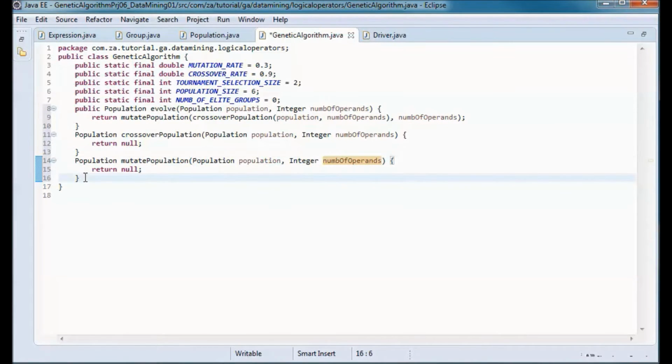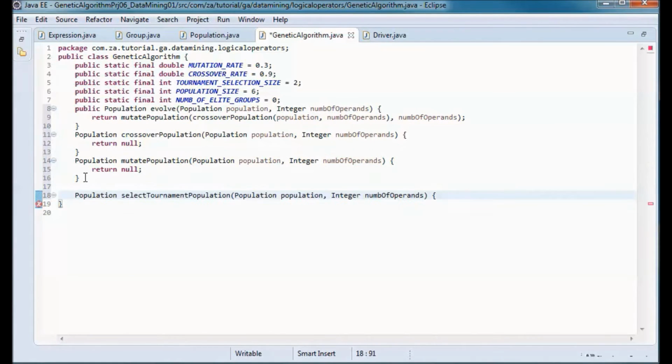And we will be using tournament selection for crossover. So we'll have this select tournament population, that takes in a population and for convenience number of operands and returns the selected tournament population. In this case it will contain two groups.